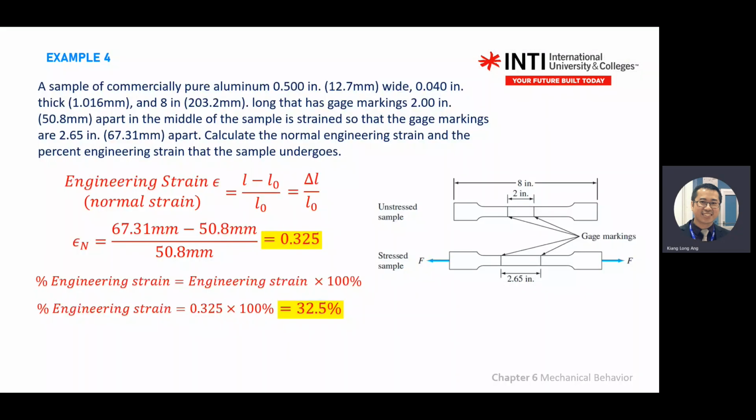Any questions so far for the stress and strain? Any question? Now we go into